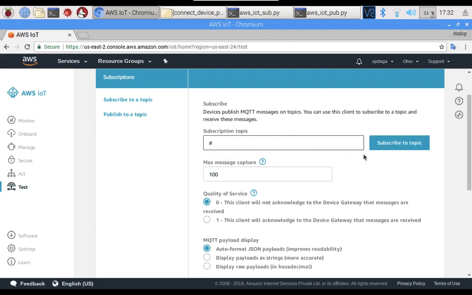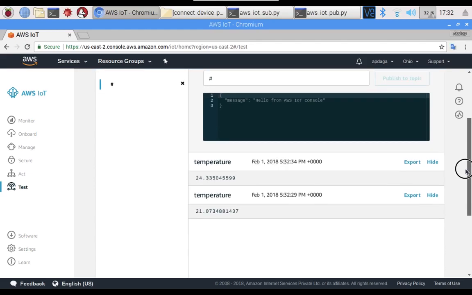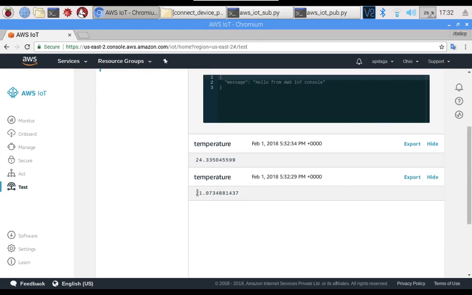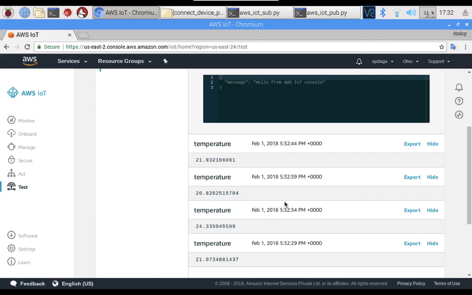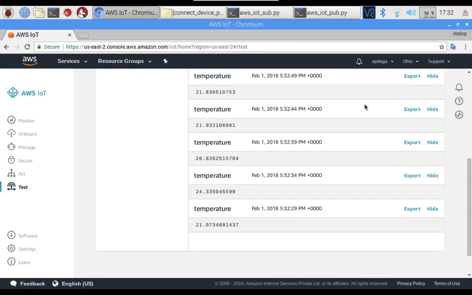If I put hash here, that means it will subscribe to all the topics. Now we have added one more subscriber, and you can see here it is also receiving all the temperature values published by the publisher Python script. See, the same value you are receiving here also.